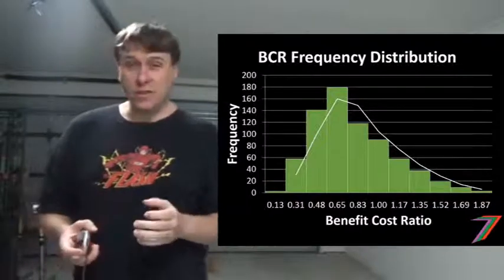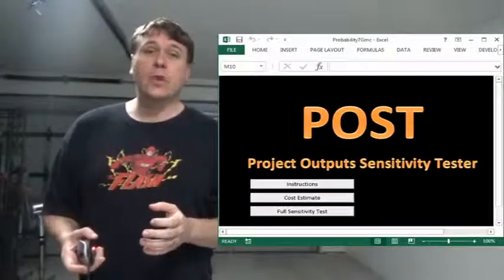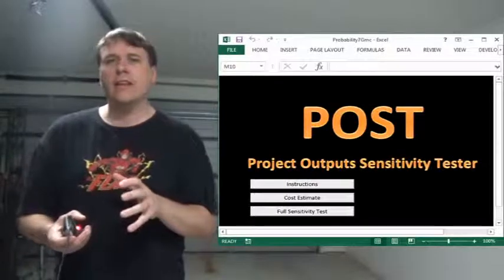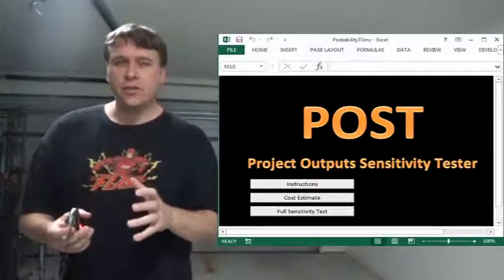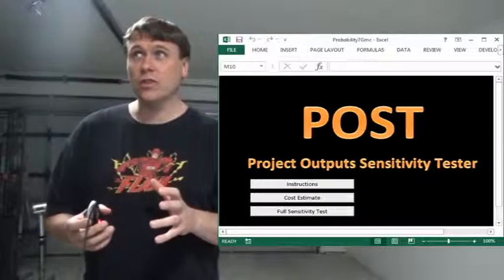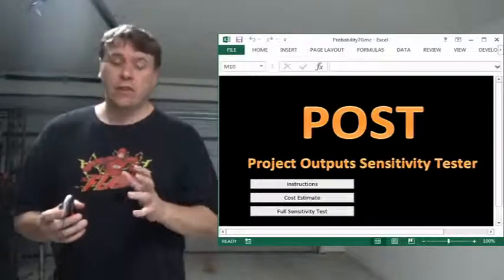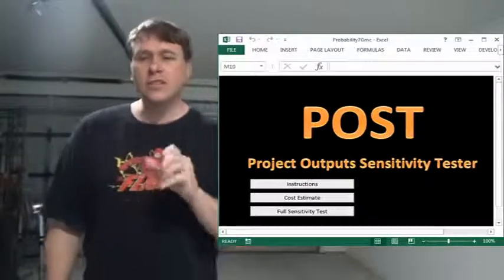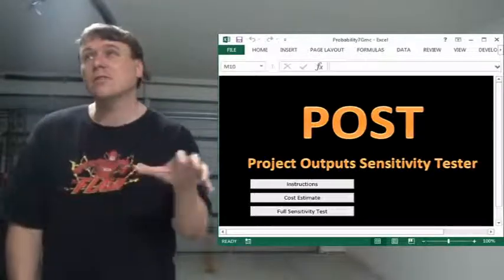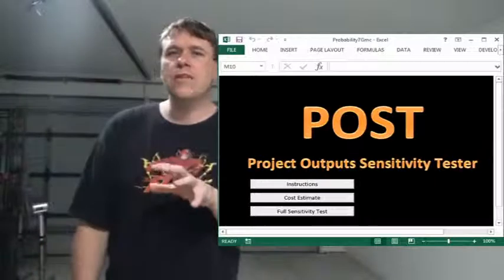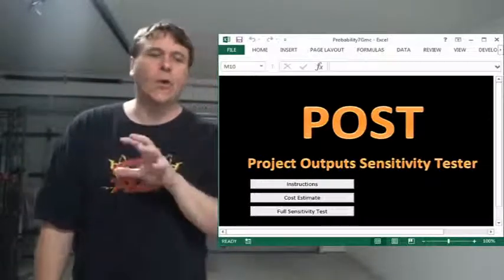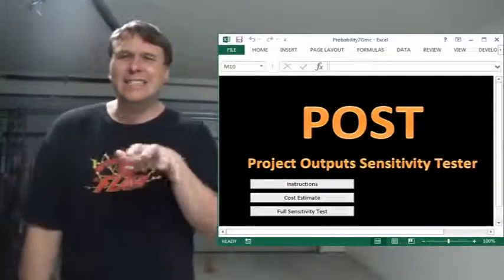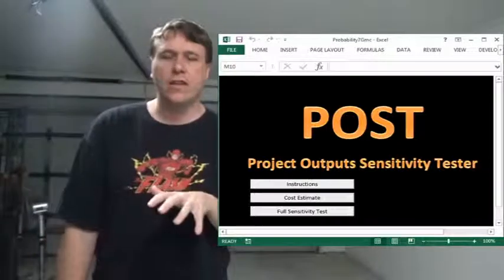So what I'm going to present in another video is this spreadsheet, and this calculates your distribution for your net present value and also for your benefit cost ratio, as well as looking at the distribution for both costs and benefits. It's good sometimes to look at your benefits as well in terms of their distribution, because your benefits are likely to have more of an impact in the sense that their sensitivity is going to be a lot greater than your costs,